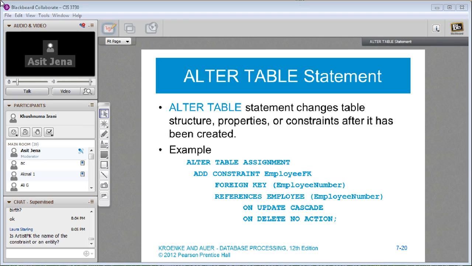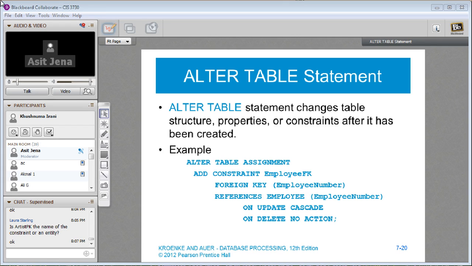So what it is exactly saying is we are altering the table assignment, we are adding a new constraint, employee FK, which is a foreign key on employee number, references the employee table with employee number.